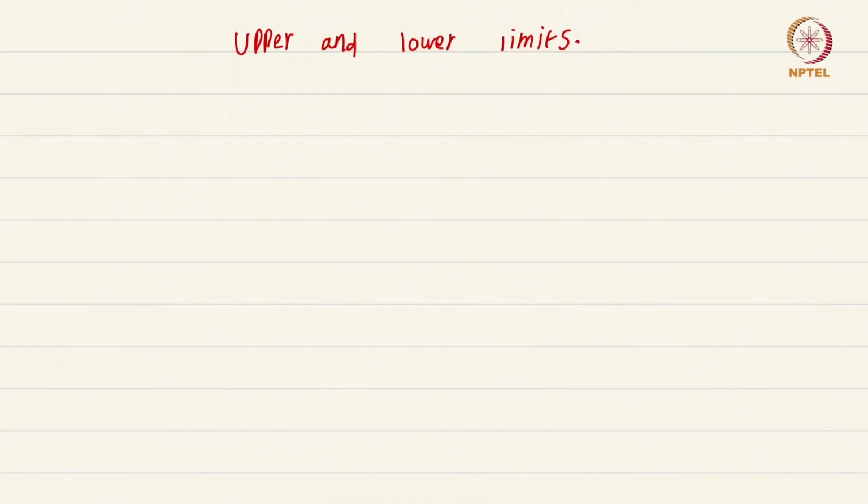In this video, we are going to study upper and lower limits, which are more popularly known as lim-sup and lim-inf. They are very useful in the study of sequences that are actually not convergent. So the definition is quite straightforward. Definition: